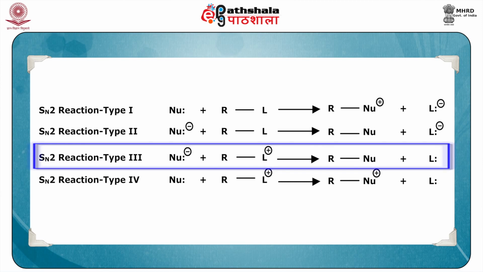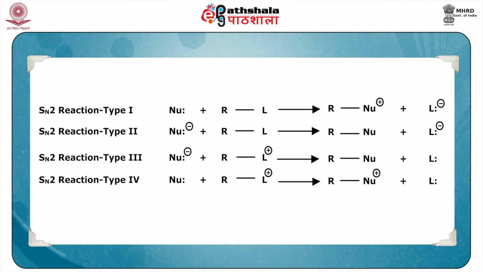The solvent builds a solvent cage around both the substrate as well as the nucleophile, because both of them are charged, and both solvent cages must disperse before the reaction can actually take place. So, with the type 3 SN2 reaction, increasing solvent polarity will actually cause a large decrease in the rate of